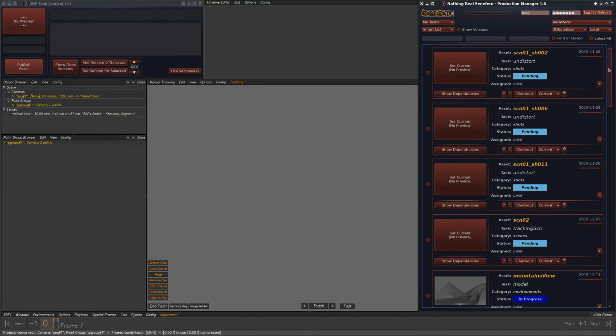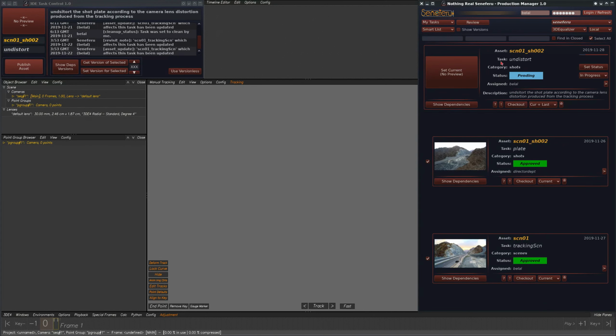There are 2 ways to create the undistort image sequence. The first method, that I will not go deeper into, is that you can just open this in Nuke and load dependencies in Nuke. This will load the plate and a lens distortion or 3DEqualizer undistort node for Nuke to undistort the frames. But of course, we don't need to do this when we want to publish to this task, because we already have